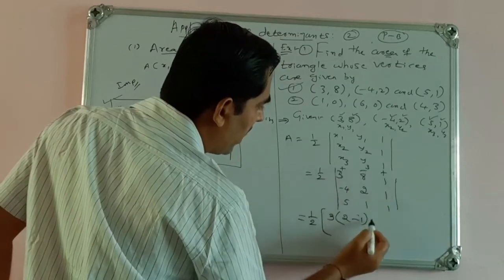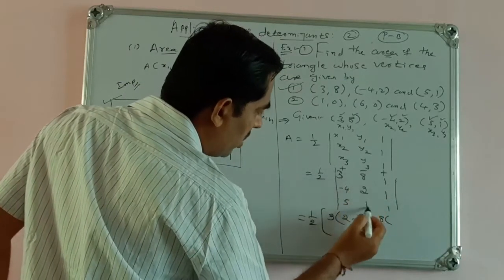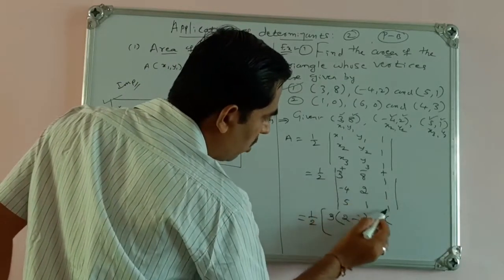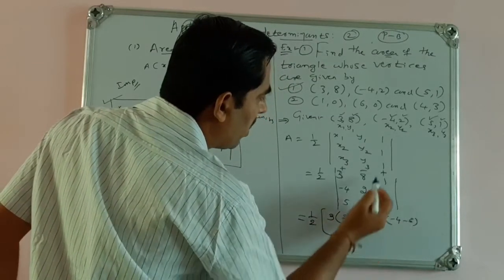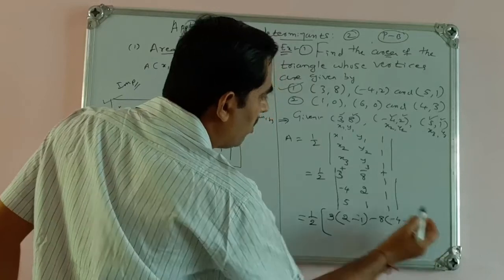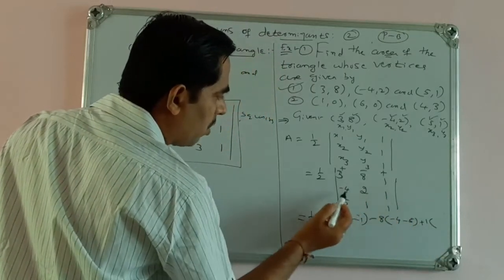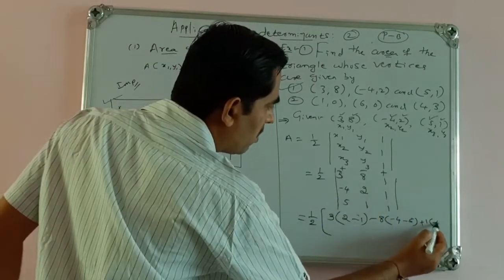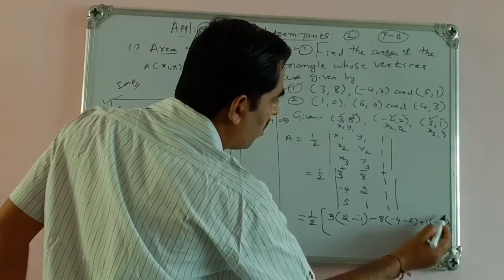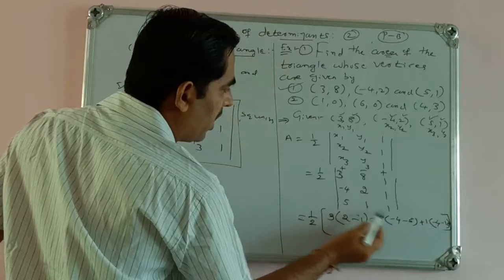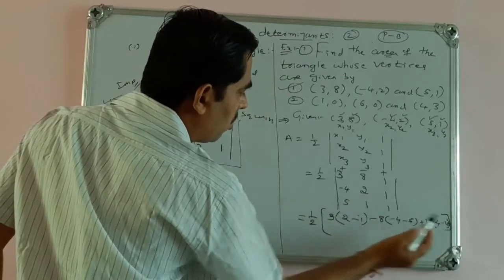Then you consider this minus 8. Then you leave this column and this row. Minus 4 into 1 product, minus 4. Then 5 into 1, that is minus 5. Then last element plus 1, you leave this column and this row. Minus 4 into 1, that is minus 4. Then minus 2 into 5, that is minus 10. So minus 4, then minus 2, 5 is 10.